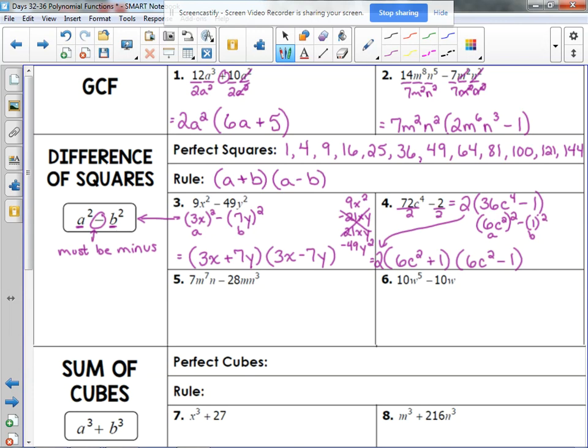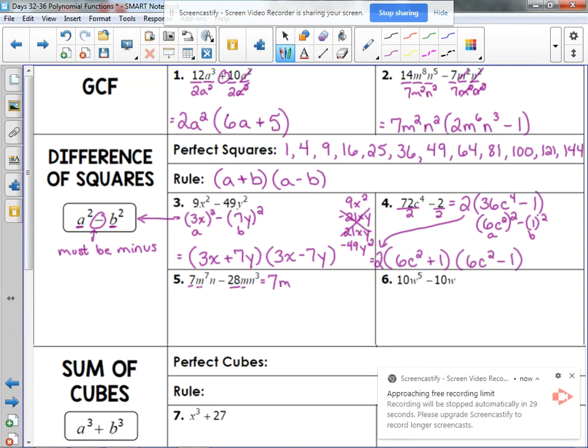Okay, let's look at number 5. 7 and 28 are not perfect squares, but they do have a factor of 7 in common. We've got 7 m's and 1 m, so 1 m is a part of our GCF. We've got n here, 3 n's there, so n is a part of our GCF. So if we divide by 7mn, I wish they wouldn't use those two variables together. I get tongue-tied. 7 divided by 7 is 1. M to the 7th over m is m to the 6th. N over n cancels. Minus 28